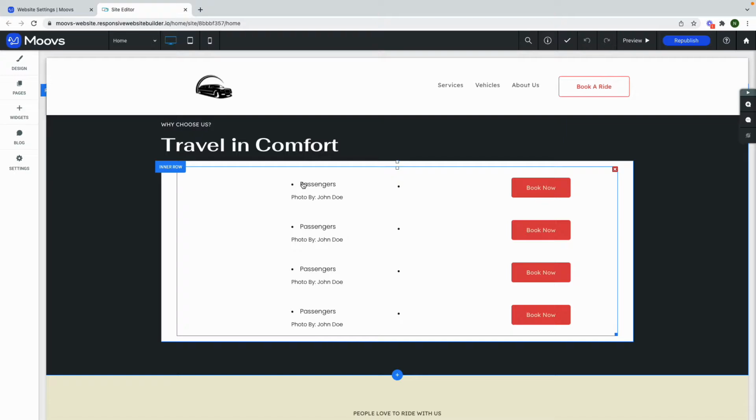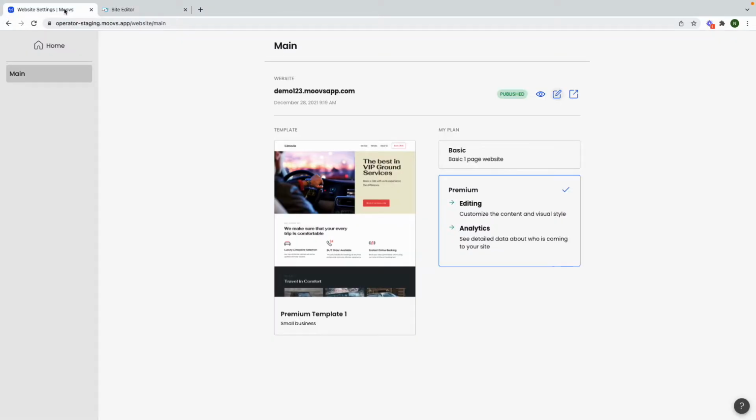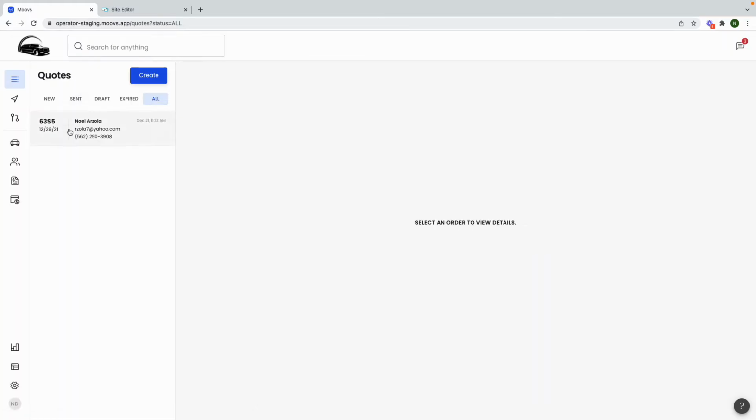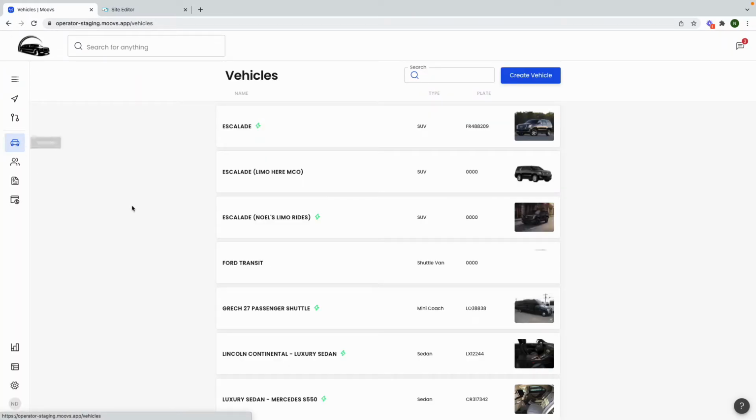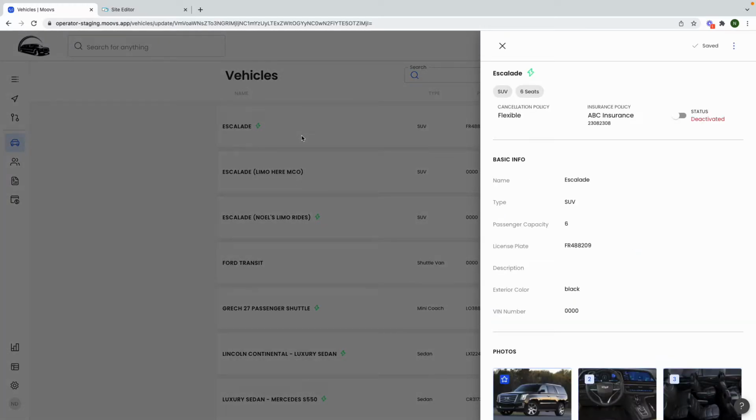Now, let's say you want to upload some of your vehicles to your website. Moovs makes it very easy for you. To do that, we'll want to go back to Moovs, click Home, go to Vehicles, and now you'll just have to choose the vehicles that you'd like to upload to your website. Let's say we want to upload this Escalade here. To do that, click on the vehicle, and then here at the top right corner, you're going to see this option where it says Published on Website. Go ahead and click that. You'll see it's publishing,